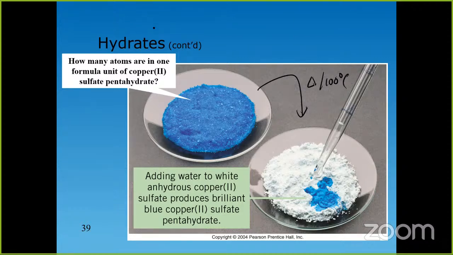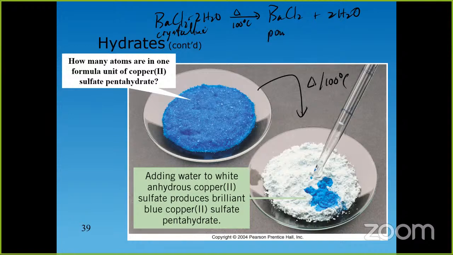So in the case of barium chloride, it's barium chloride dihydrate, heated to 100 degrees, and you end up with the anhydrous form. All right, so they're both white. There won't be a color change. However, there's still a change in appearance because the hydrated form is more crystalline in appearance. So if you were to look at it closely, you'll see some crystalline granules, kind of shiny looking granules, while the anhydrous form would be more powdery